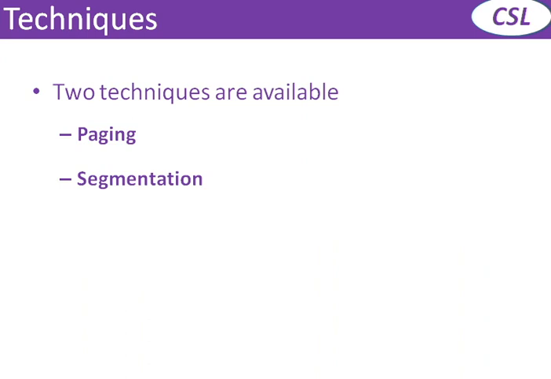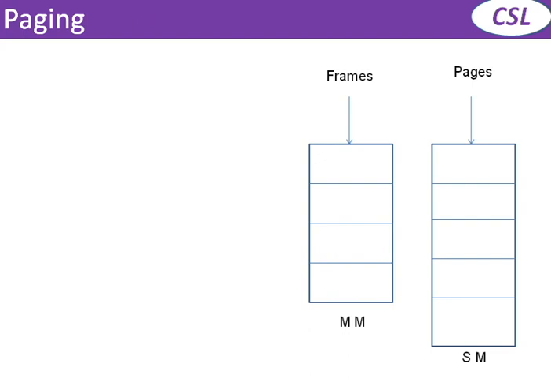And we can implement non-contiguous memory allocation using two techniques. One is called paging and another one is segmentation. In this video we are going to learn how paging is implemented. So, coming to paging, in paging the partitions are of fixed size. Suppose a memory is divided into 10 partitions. Let us say all the 10 partitions are of the same fixed size.